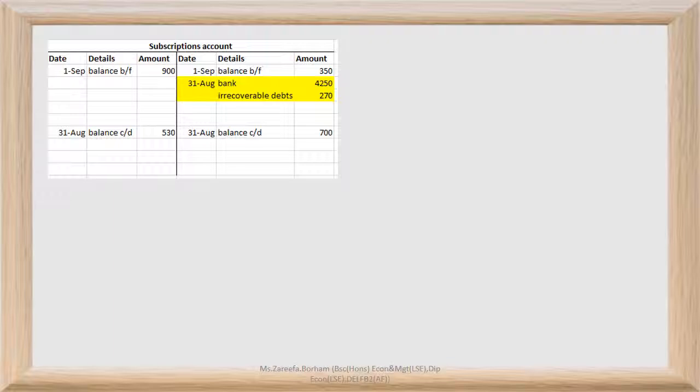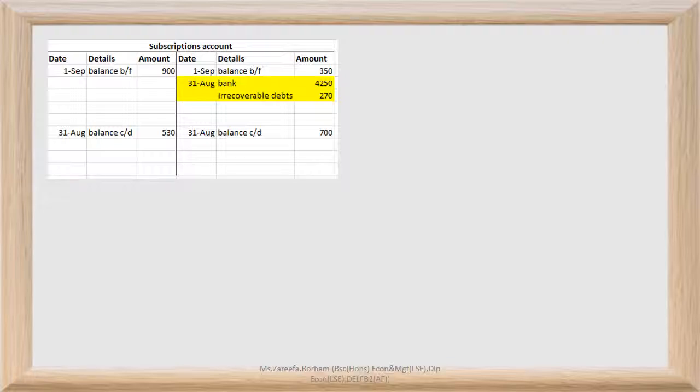After entering the opening and closing balances, the next relevant information are the amounts received and not received. 4,250 of subscriptions received and banked should be credited in the subscriptions account, since the double entry goes as bank debit, subscriptions credit. Next, the question states, out of the subscriptions in arrears on 1st September 2015, which is 900,